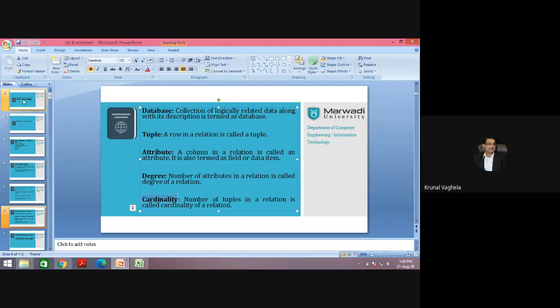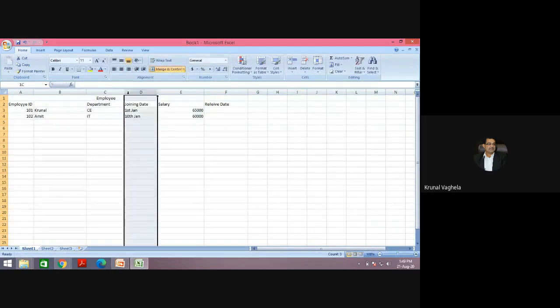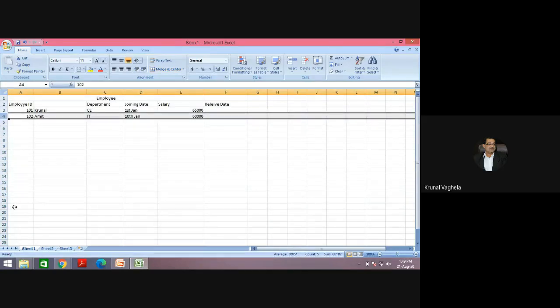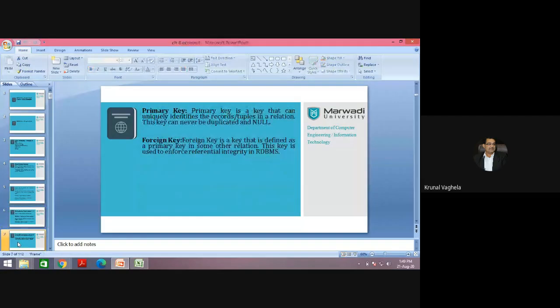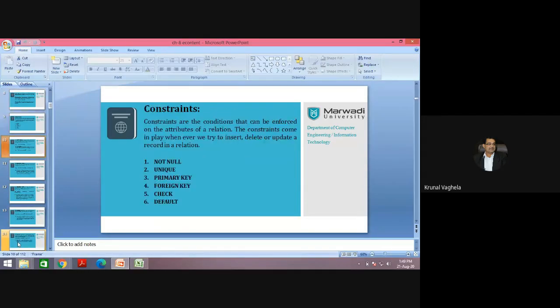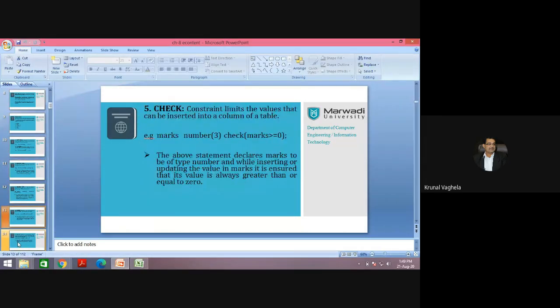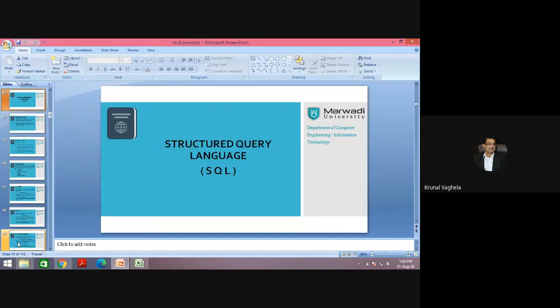Right? So degree is number of columns. Cardinality is number of rows. So these are a few things that you need to remember. Key I am skipping right now. Whenever we will be using it in our practical, I will cover it. So I am just keeping it for right now.